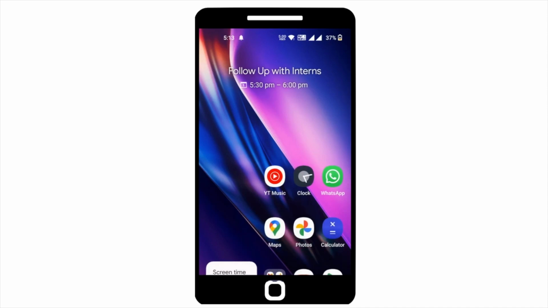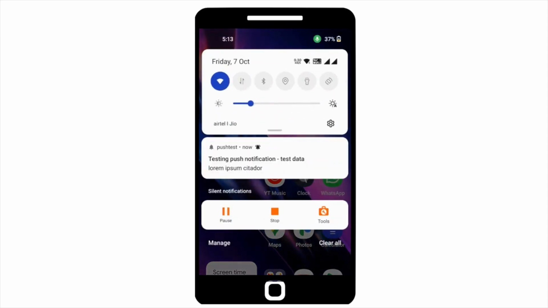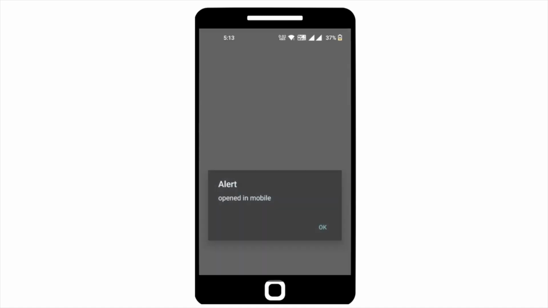See, the notification has come up, so we can see the bell icon here in the top bar, and here I see the testing push notification. So I click on that, and first the app's own alert box comes, then the acceptance one comes, and then the alert of the title of the push notification we can read here, then the description of the push notification,